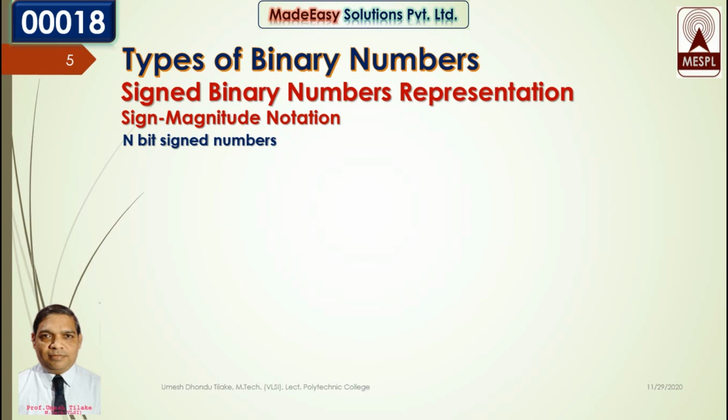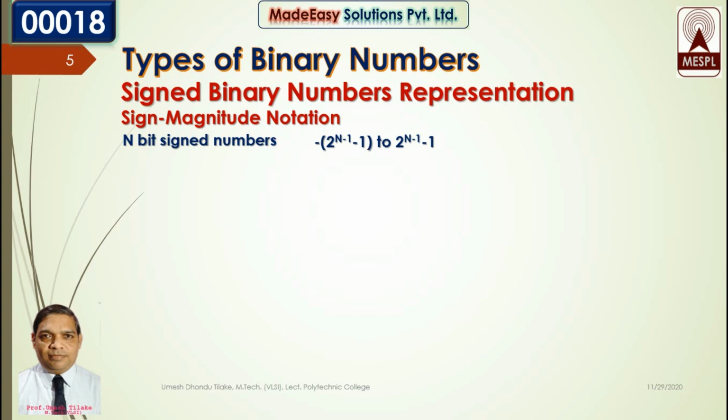Now the numbers we can represent using this method are minus (2 power n minus 1, minus 1) to (2 power n minus 1, minus 1), where n is the number of bits. If you see here, the power I have taken is n minus 1, also here n minus 1. This is because this method reserves 1 bit for the sign notation and the remaining bits are used to denote the magnitude of the number, and that is why it is known as sign magnitude notation.